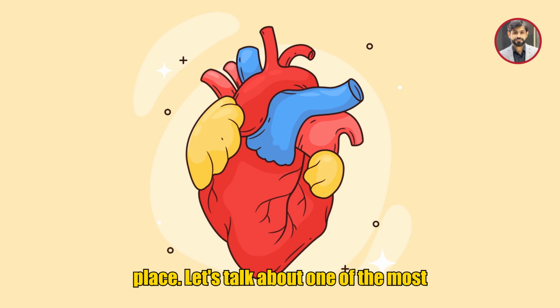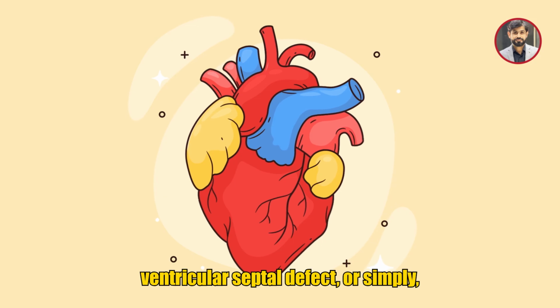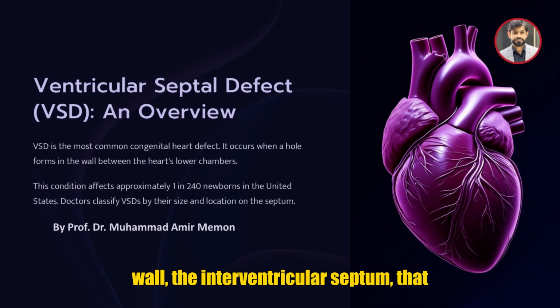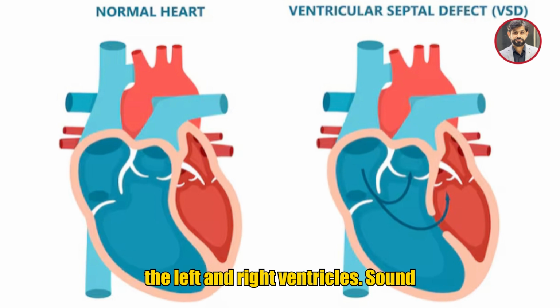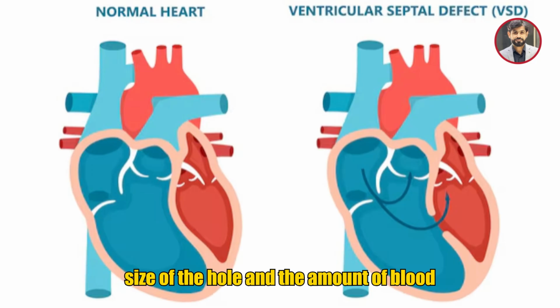Let's talk about one of the most common congenital heart defects, ventricular septal defect, or simply VSD. VSD is a hole in the wall, the interventricular septum, that separates the heart's two lower chambers, the left and right ventricles. Sound serious? It can be, depending on the size of the hole and the amount of blood that